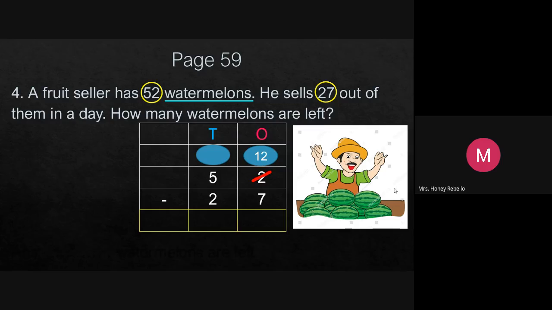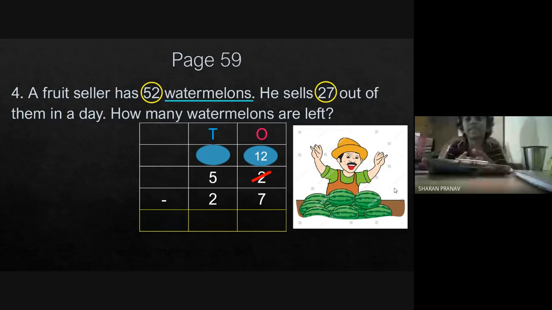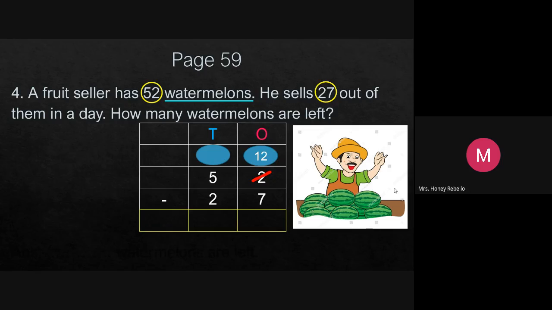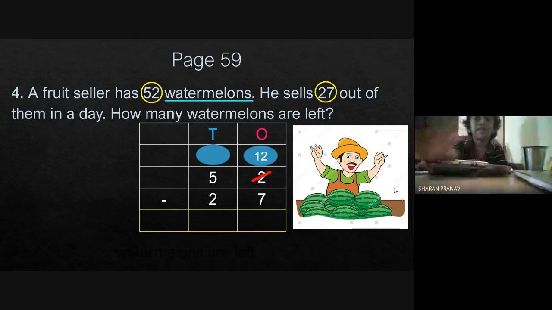Now 12 minus 7. Tell me how to do 12 minus 7. Count after 7 till 12. You listen to me, at least learn. After 7, close all your fingers. Take your left hand. After 7, you start counting and start opening the fingers. After 7, count: 8, 9, 10, 11, 12. What is the answer on your fingers? 5.